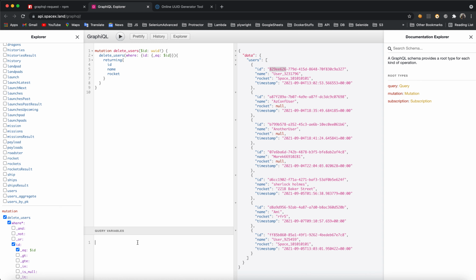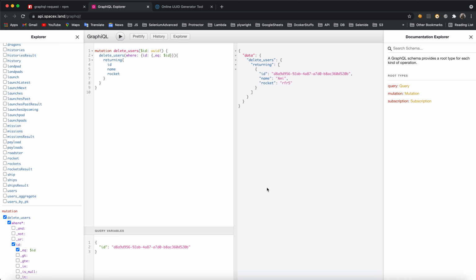Okay, now define our query variable, say ID, let's try to delete this one. It has deleted this particular layer, right? So we'll be using exactly the same query to replicate the behavior whatever we have shown on the GraphQL playground